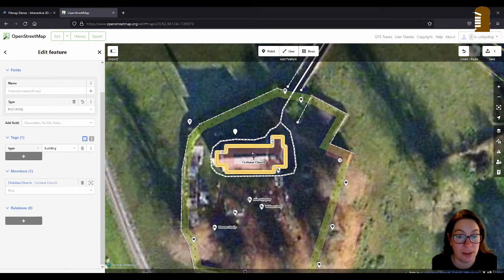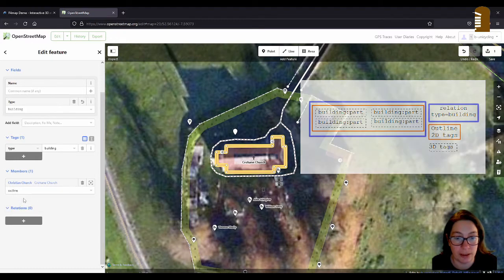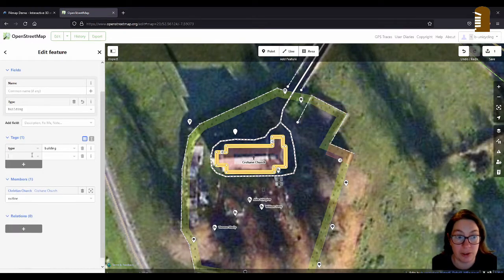And now, you see that it's flashing in yellow there. This is the outline of the church, and I said earlier I might delete it later on and replace it with the more detailed one, but this is what you do. The role is outline, and you can give a name to the relation to make it easier to find in a list of other relations nearby, which probably won't be a problem because it's very rural.